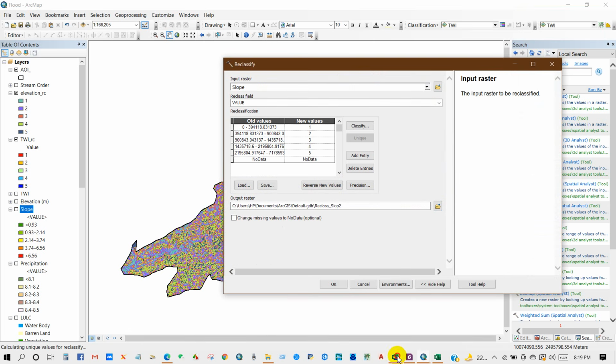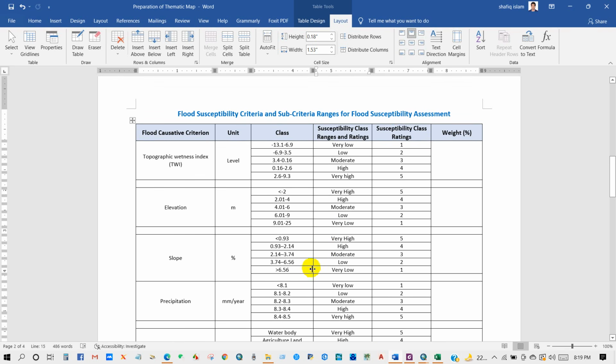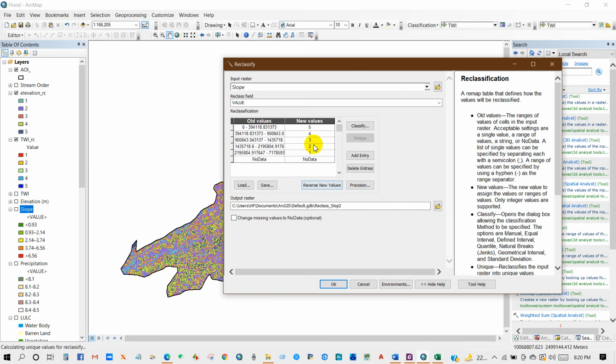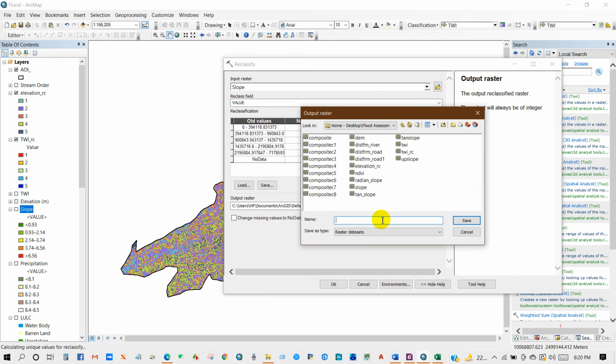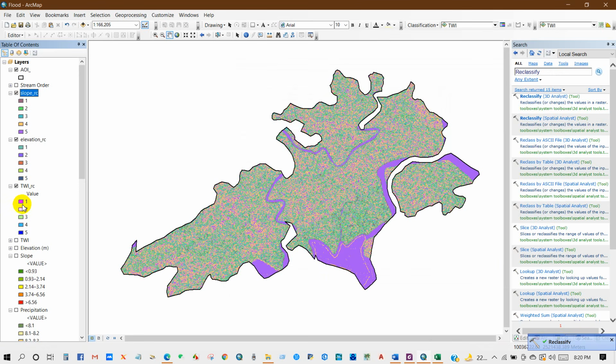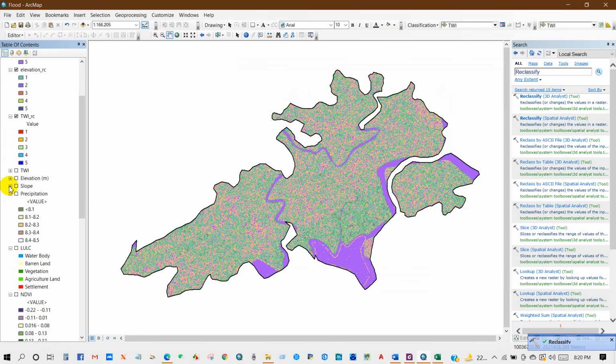and then slope, again reclassify, input raster slope, and then the new value will be: for slope, lower value to higher value means very high to very low flat probability. So it will be 5 4 3 2 1. Lower slope means very high flat probability. It will be reversed, 5 4 3 2 1. Save the output raster, slope RC reclassified. So slope has been done, reclassified,